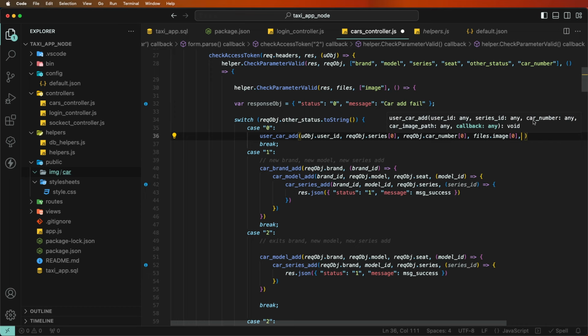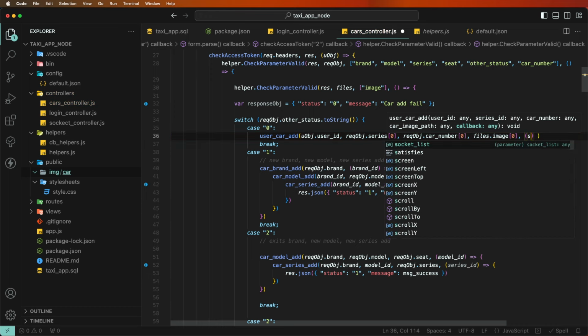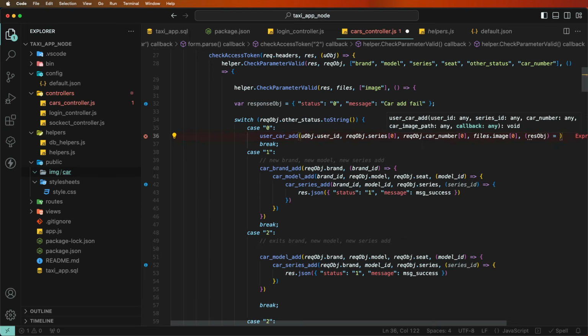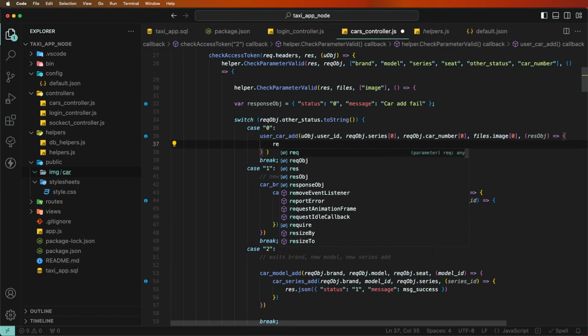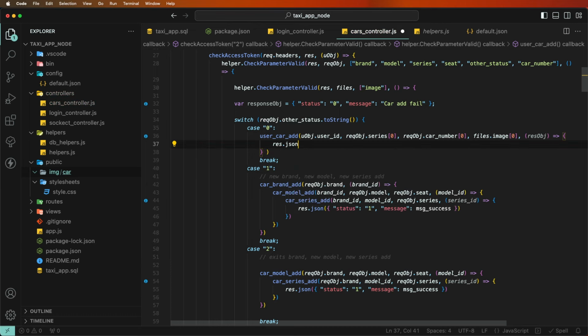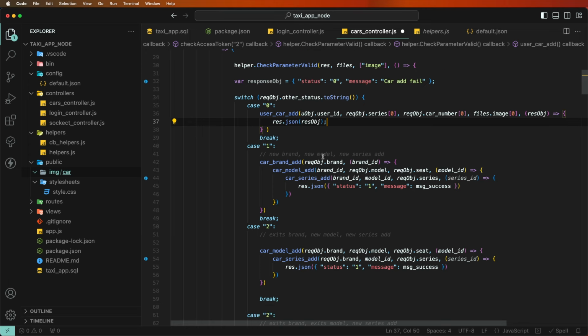And now need to call here the callback methods and to return here the result, and this response projections, this code is sets and this is the car headings. Now need to pass here see